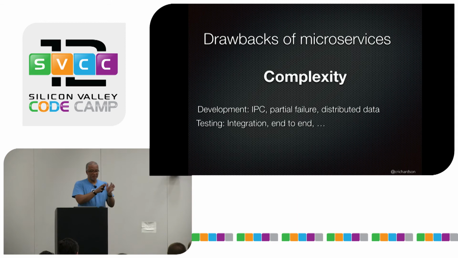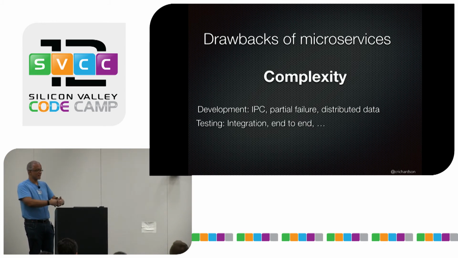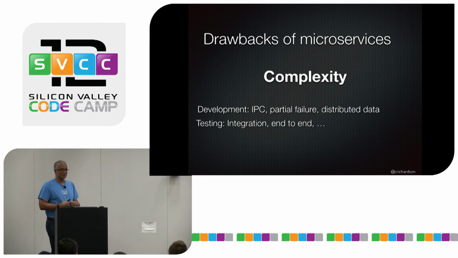Testing is ironically easier and more challenging simultaneously. It's easier because you can test these smaller services in isolation, but then you have a problem of verifying that they all work together. The good news is that there are patterns you can use to reliably test services in isolation so that you can be reasonably confident that when you deploy them into production, it all works as expected. Full end-to-end testing is de-emphasized, even though that sounds scary.